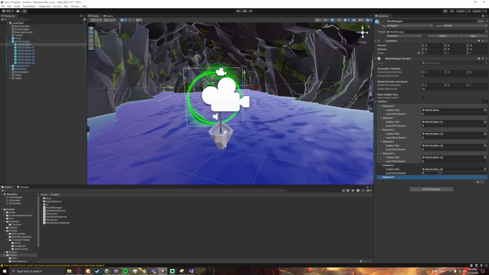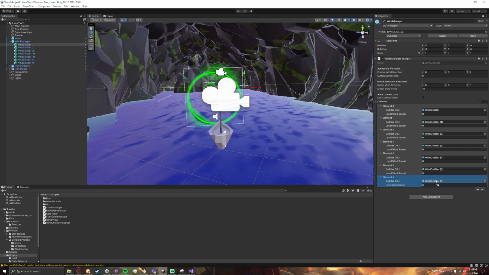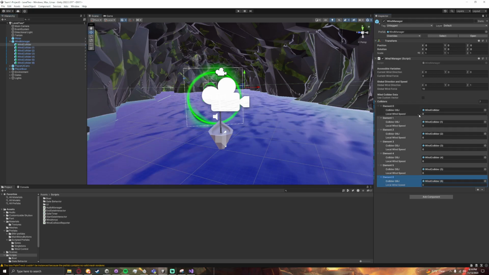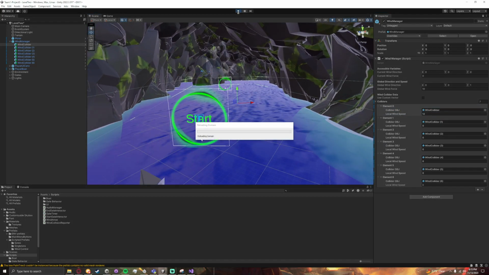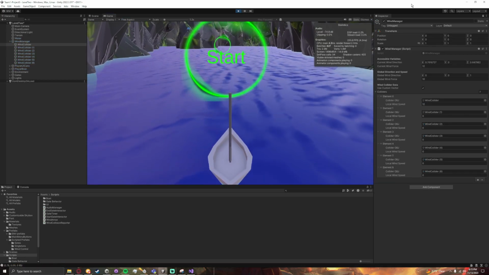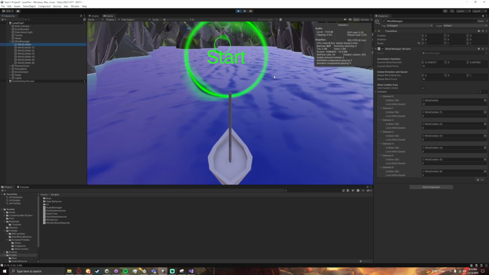But then once you have your colliders set up, you will need to give them a speed in that direction. So the speed is local wind speed. You just change it here. So let's say I want this local wind speed to be 12. Well, now the local speed should be 12. And when you click play, you'll notice that our first wind collider is going to use the first element. Once it loads here, you can see that it is already using the custom collider there. And yeah, so if we want to actually take a look and see